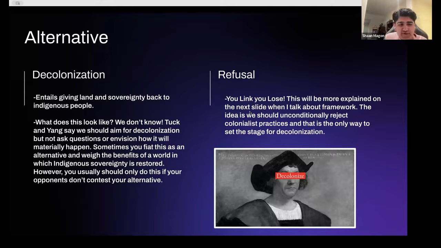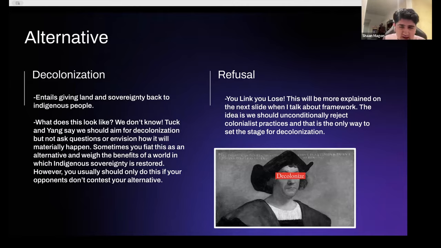But you get to just fiat this, and you do not get to specify. You could just say we fiat that decolonization happens, which will answer all the arguments as to why it could not happen, because they'll say, oh, we fiat through that stuff. Again, we'll go more on that later. But all this basically means is that the same way the affirmative assumes a world in which their arguments happen, you assume a world in which decolonization happens.